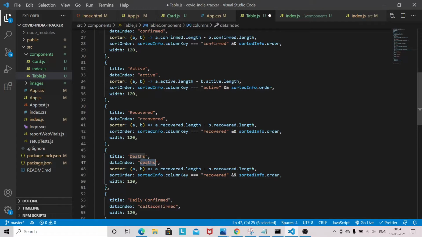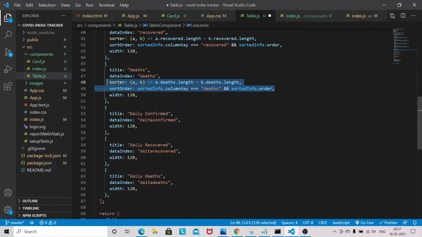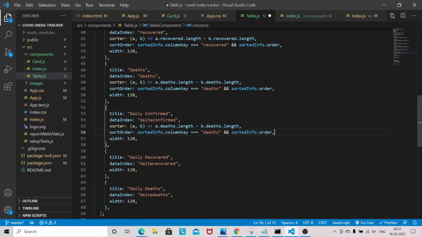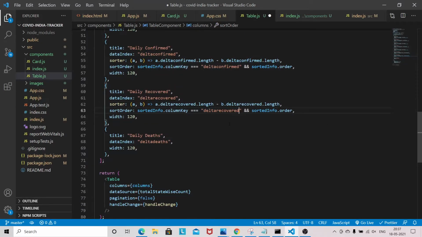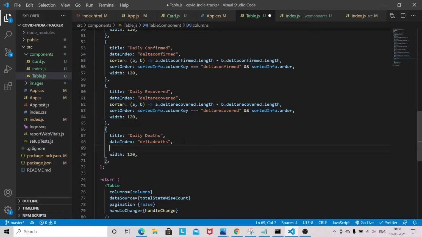Only the column key will change. Again we need to copy for delta confirmed, delta recovered, and for death also, daily death.